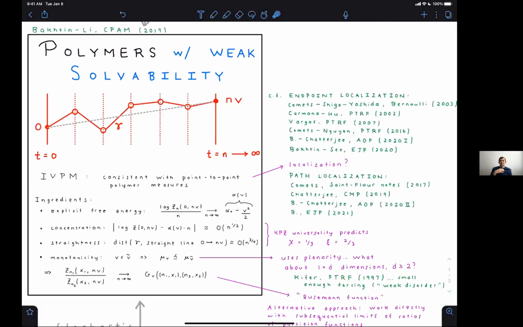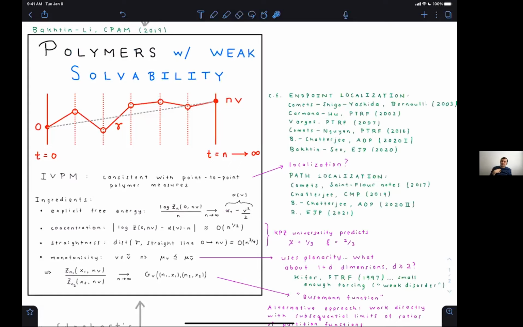And another thing is that it is tempting to conjecture that there is a random path that they localize around. That's what Kostya Khanin and myself wrote in our survey that Eric cites here. We expect the infinite volume polymer measure also to localize around a certain random path, and the deviation should be like a stationary process.